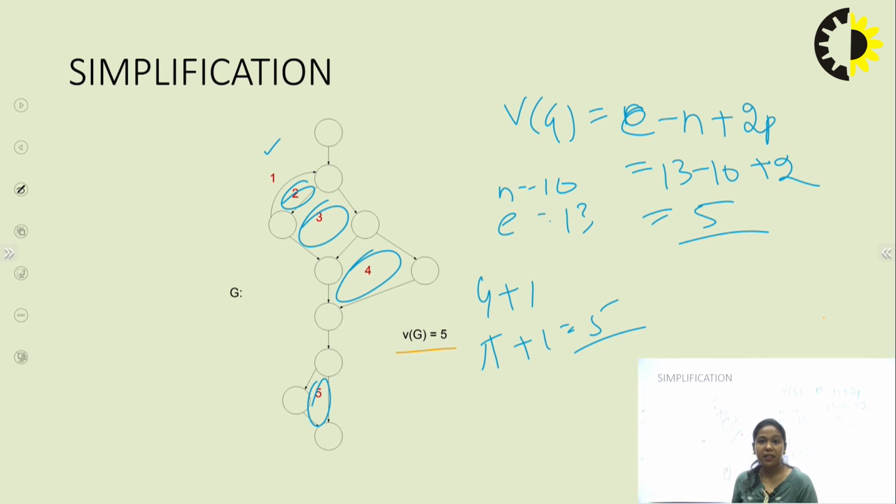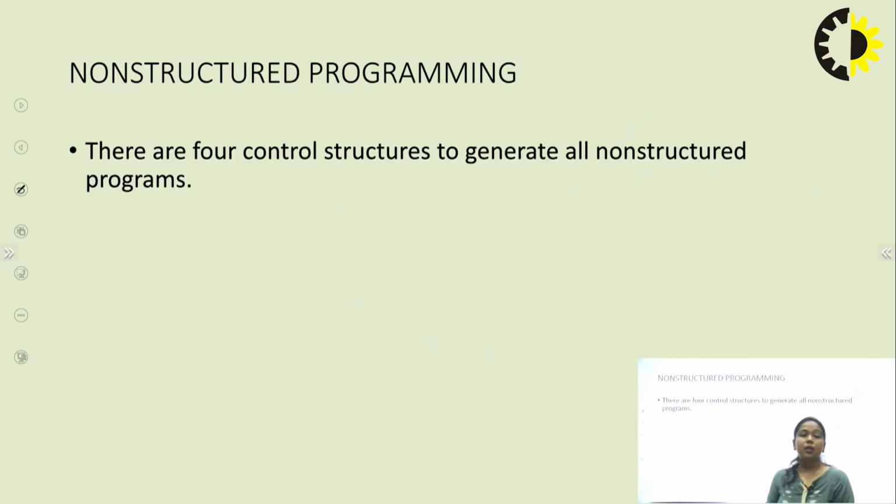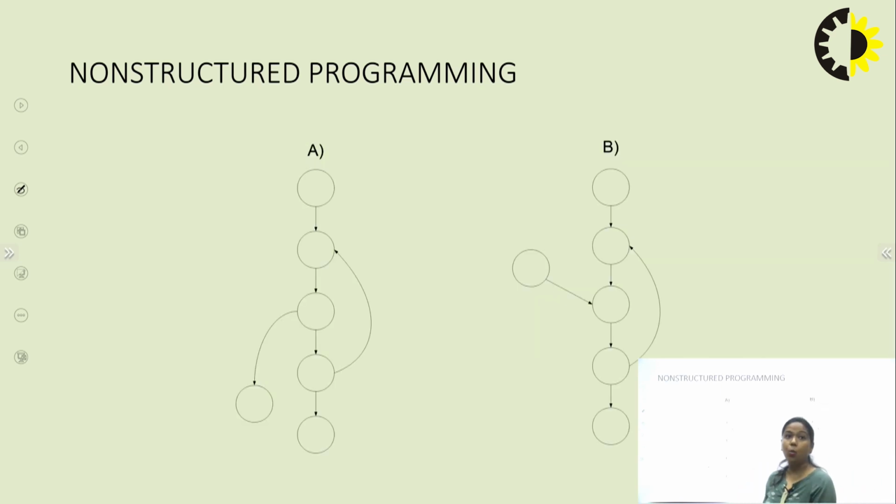That shows the complexity value will be calculated with the help of the number of regions. For the non-structured program, there are 4 control structures to generate all the non-structured programs. 4 different control structures help in generating this. What are those? The first non-structured program is